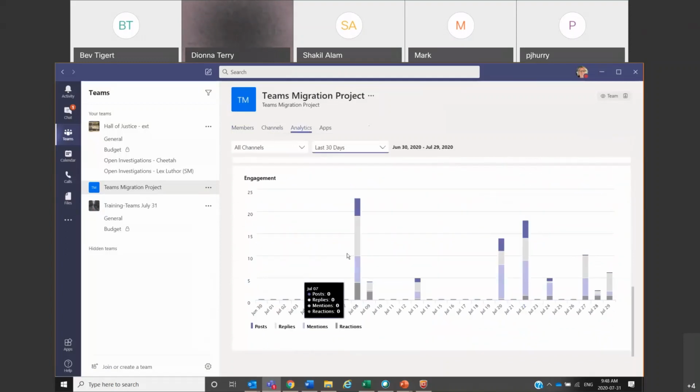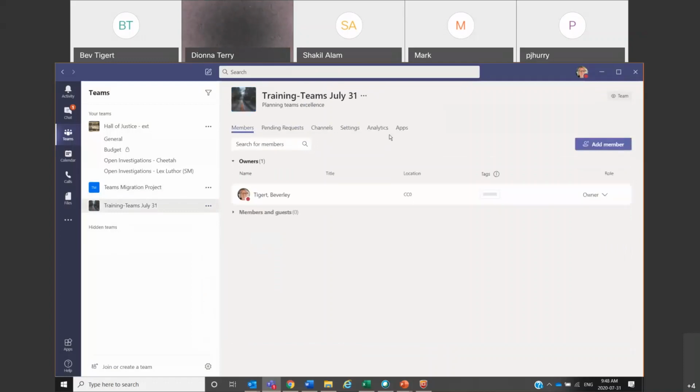So for team owners, this is something maybe to pay attention to. Are your people engaged? Are they using it the way you want them to use it? So that's all at the team level. That's all in your more options and manage teams. So you see everything as the owner. To change ownership, very simple. I wouldn't do that here as I just mentioned, but later on when you start adding people, very simple to start. So I'll show you right now.